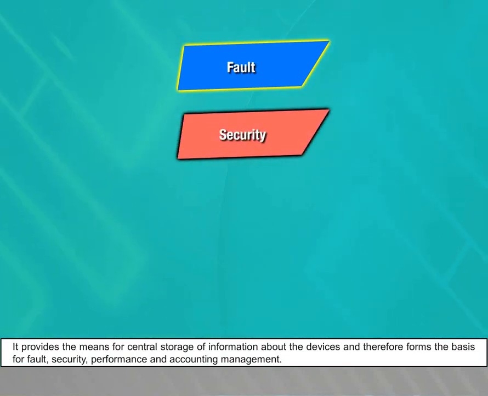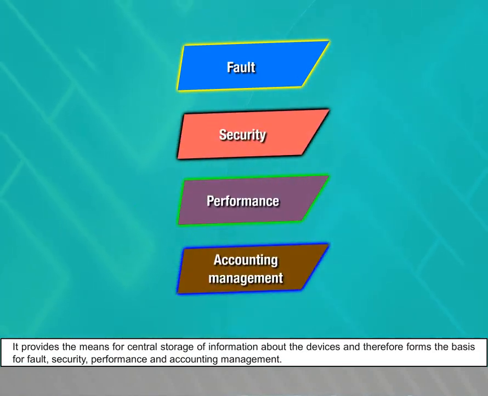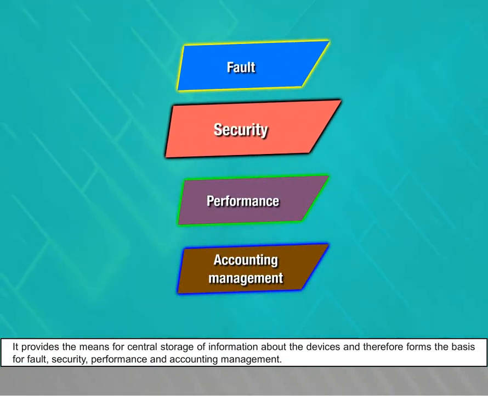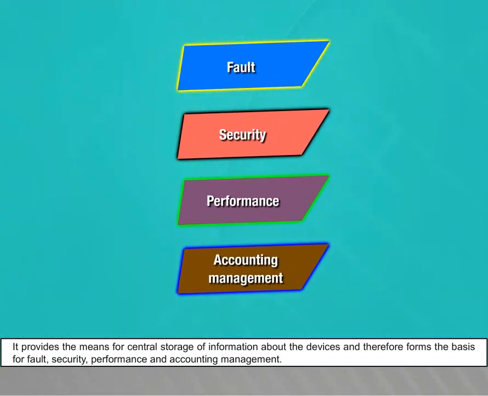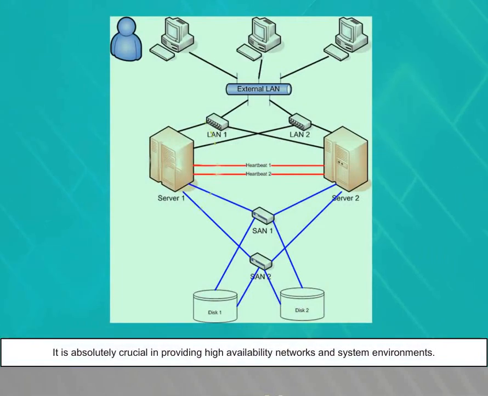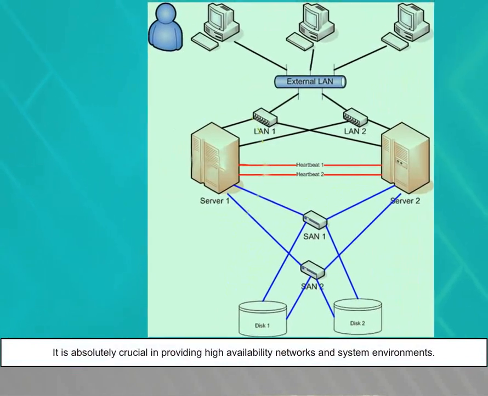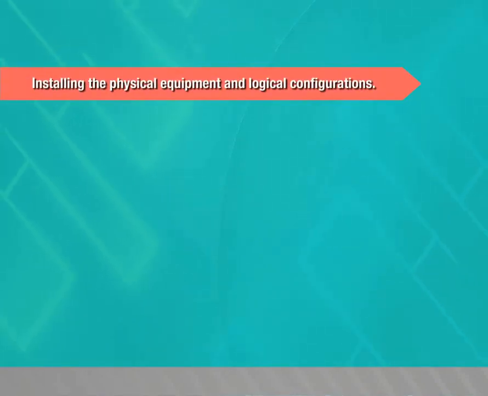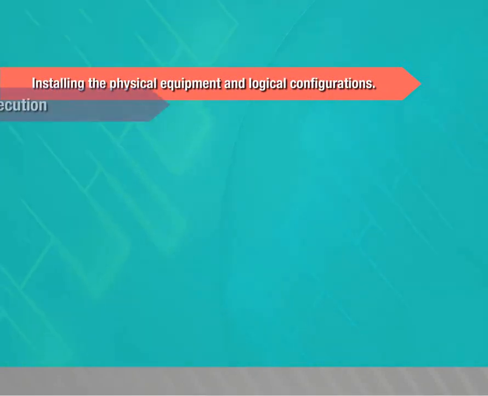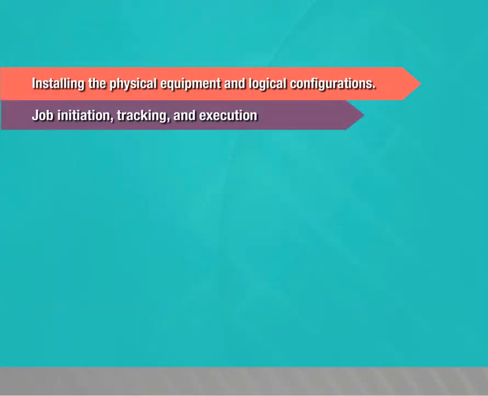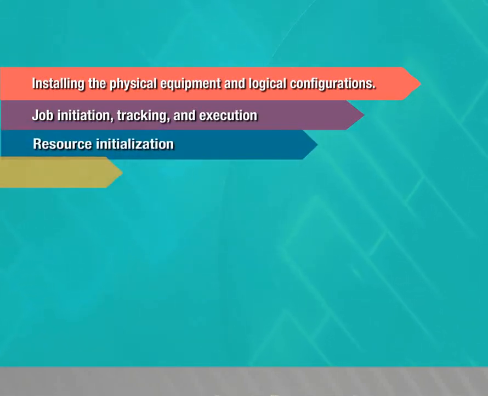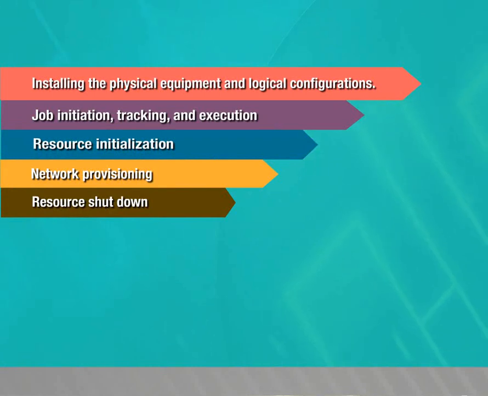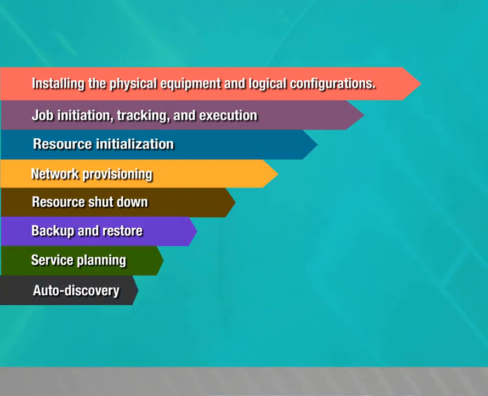It provides the means for central storage of information about the devices and therefore forms the basis for fault, security, performance, and accounting management. It is absolutely crucial in providing high availability networks and system environments. Basic functions of configuration management are installing the physical equipment and logical configurations, job initiation, tracking, and execution, resource initialization, network provisioning, resource shutdown, backup and restore, service planning, auto discovery,